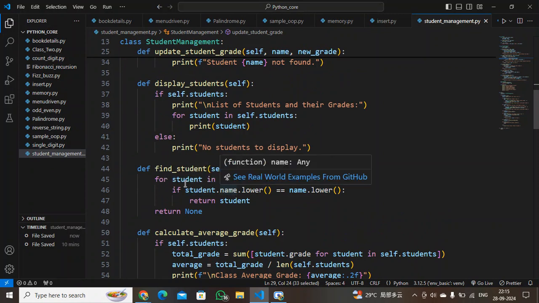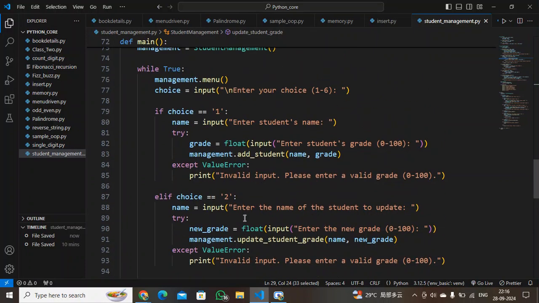It will check for every student object in the student list. We are using case insensitivity, as I have just now told, so whether it is given in uppercase or lowercase, it will not affect because we are converting it to lowercase. So for the student object present in the student list, whose name in lowercase should be equal, using the equality operator, to the name of the student which the user gives as input, converted to lowercase. Okay, and if it matches, it returns the student or else it returns None.